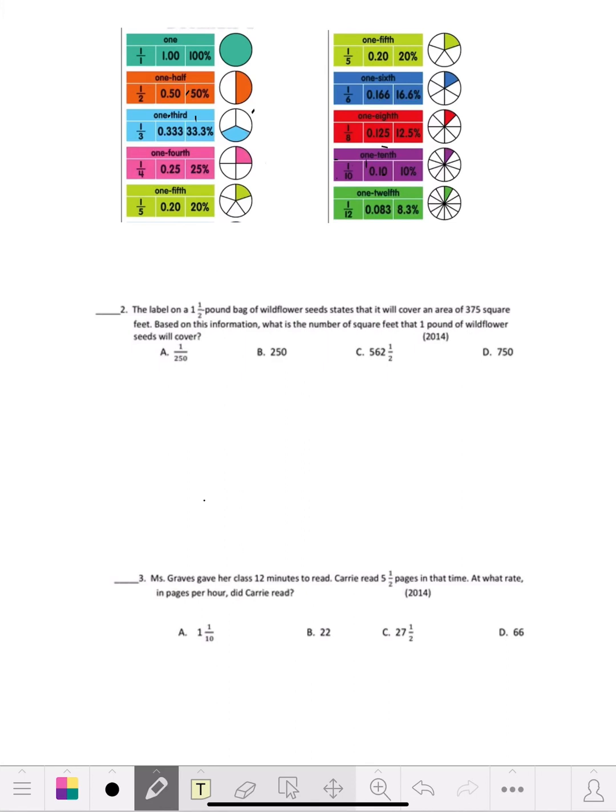I have some problems here I put on the board. I received them from one of my good students, and I kind of wanted to go over them with everyone. Okay, they're proportion type problems. These ones that the student received, they're in a fraction type problem. You know, things are broken into 1.5 pounds. The next one, it's 5.5 pages. Okay, you can leave them like that into fractions, and you can work with the fractions, or I